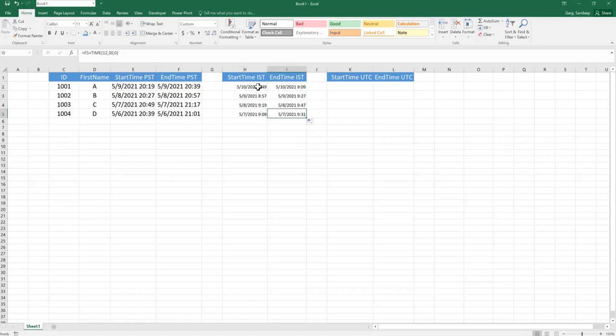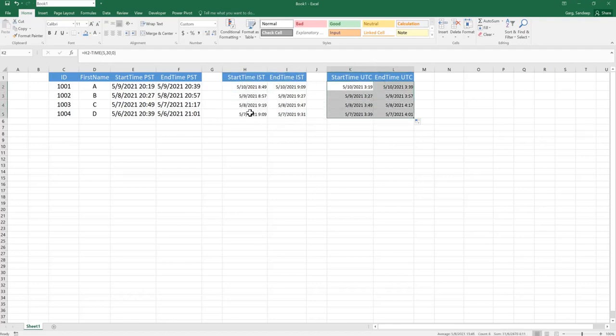Let's say you want this local timing, in Indian Standard Time, into UTC. There might be a further use case where you want a different time zone, or the required time zone in UTC. UTC is 5 hours 30 minutes behind the IST timing. So here we have to subtract from this cell reference the time 5 hours 30 minutes 0 seconds. This will give us the timing in UTC. The same function we can perform by dragging down and dragging to the right side to get the timing in end time and start time. So this is the IST timing and this is the UTC timing.